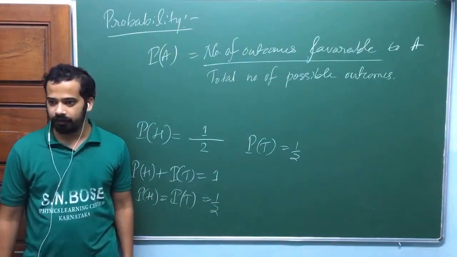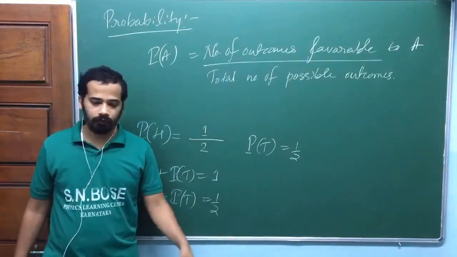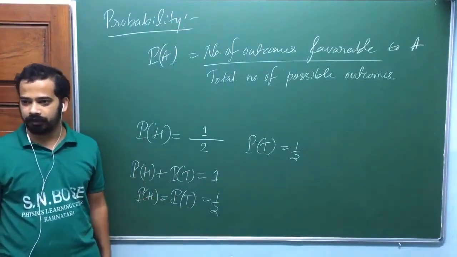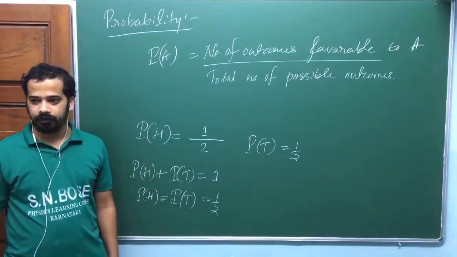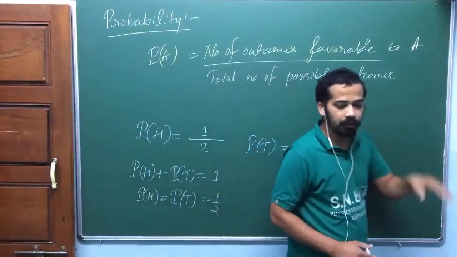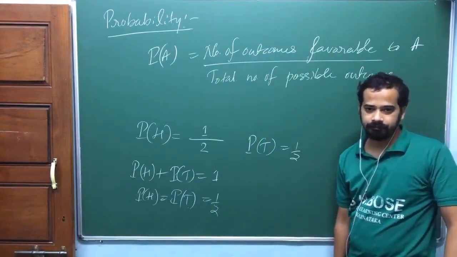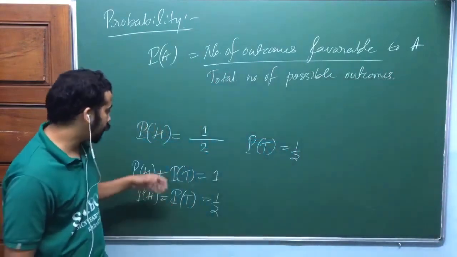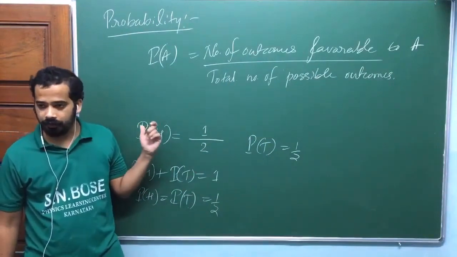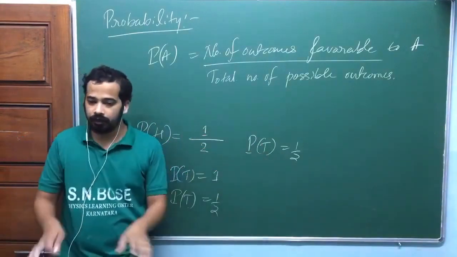Suppose I design a thought experiment where one of these two is favored over the other. Then they are unequal, am I right? Then you can't write half and half. That's why whenever you write this definition, you should remember that all the possible outcomes should be equally likely to occur. Whenever I say the probability of head is equal to half, that definition contains the assumption that the probability of head and the probability of tail are equally probable a priori.